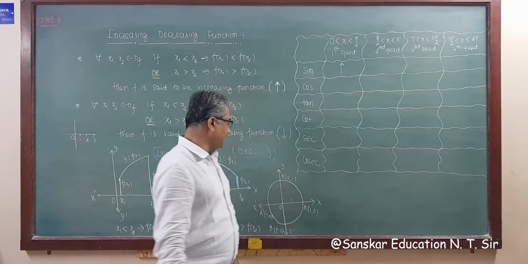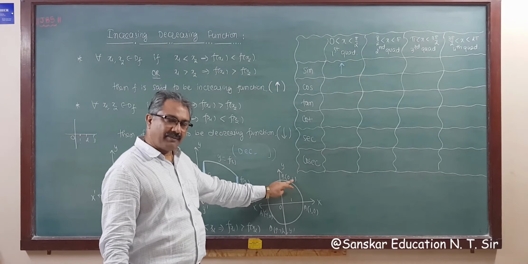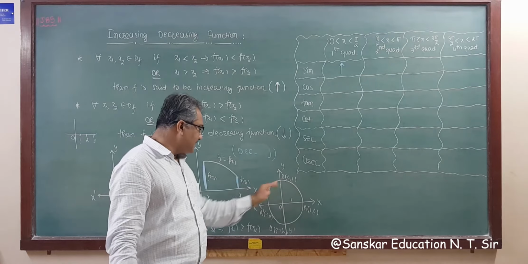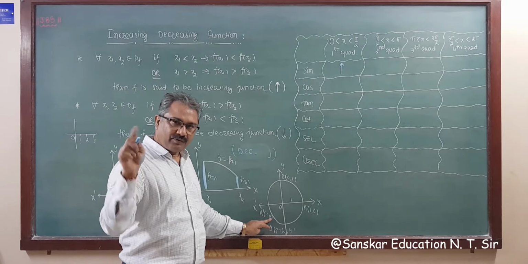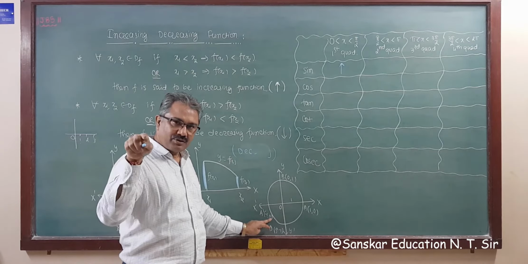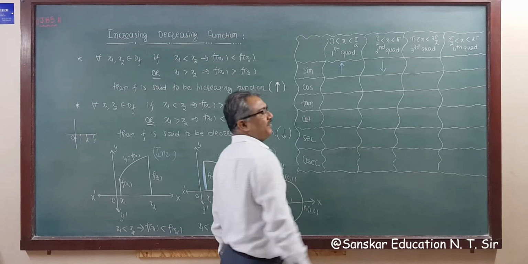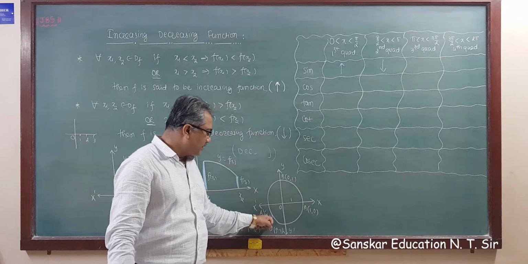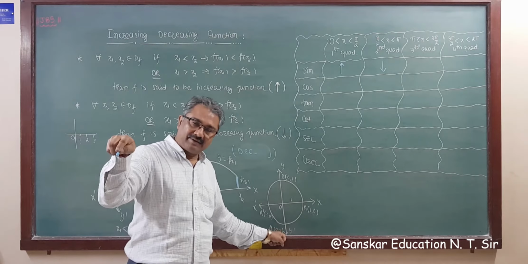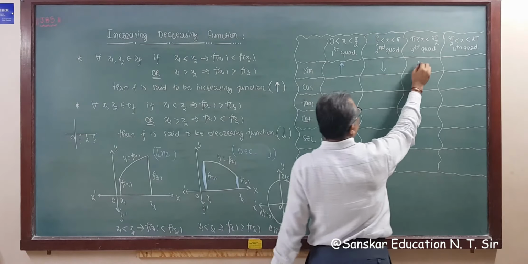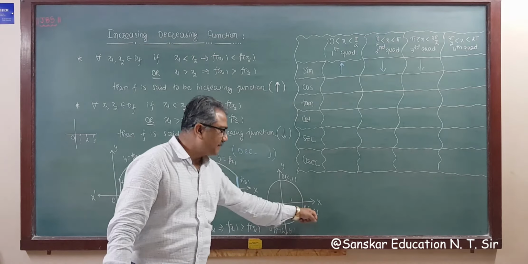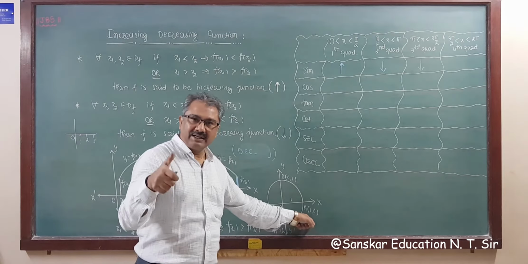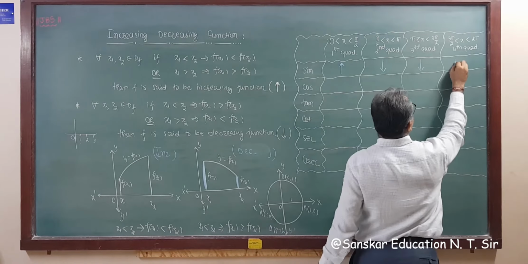In the second quadrant I am taking sin first, it went from 1 to 0, so the value is decreasing, right? 1 becomes 0 in the second quadrant, so the value is decreasing. In the third quadrant, 0 to minus 1, again decreasing, the value of sin is decreasing, so it's a decreasing function. And in the fourth quadrant, minus 1 to 1, what happened, it increased, so it's an increasing function.